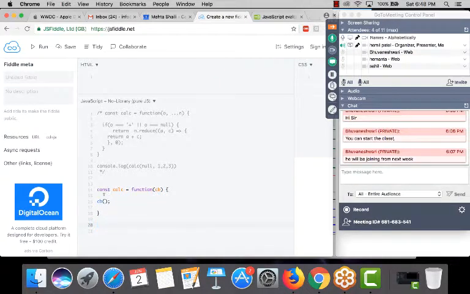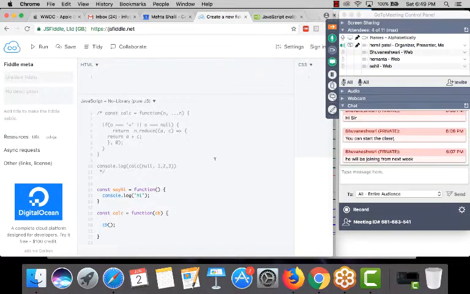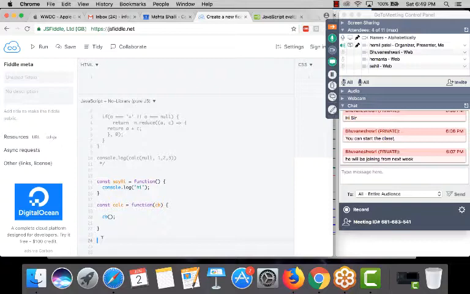So let's say I create another function called sayHi or something, okay? So const sayHi equal to a function. And all it does is basically console log hi, right? Now what I'm going to do is, this calc function basically takes an argument as a callback function, right? And it executes this function inside. So what I'll need to do is pass this inside. So if I do calc, and I just say sayHi,